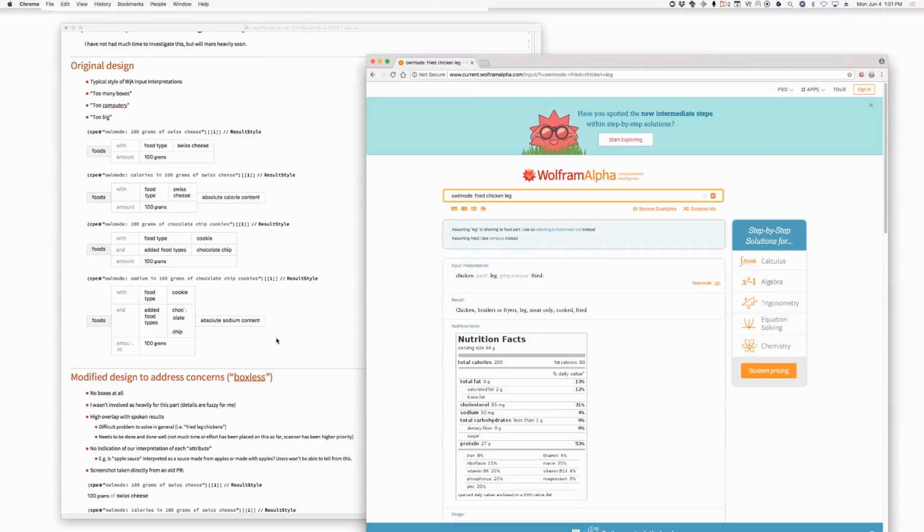I was thinking, okay, I still like this one actually. I think one of the reasons I feel like this one isn't so easy to read is that they are basically grayed out and not grayed out. Maybe we need some more shades of it. Possibly. What you really want is the chocolate chip cookie on the right and the 100 gram. The food type and the added food type, it's more important than with an end, but really less important than the cookie and the chocolate chip. Fair enough. But